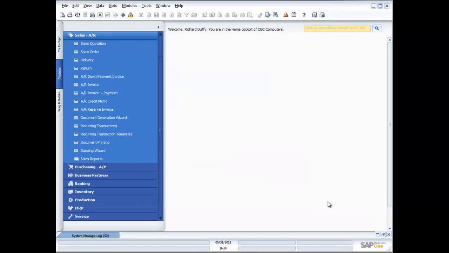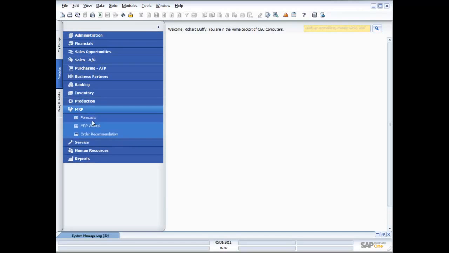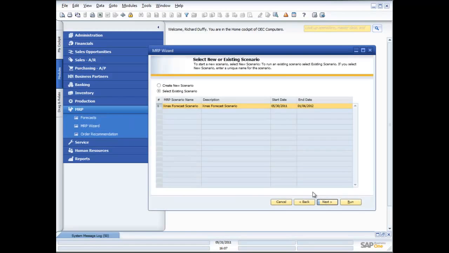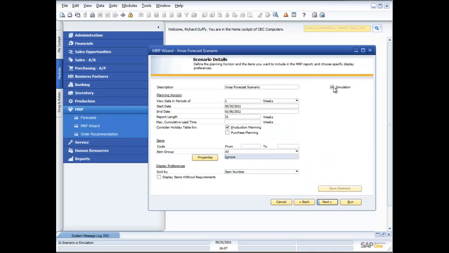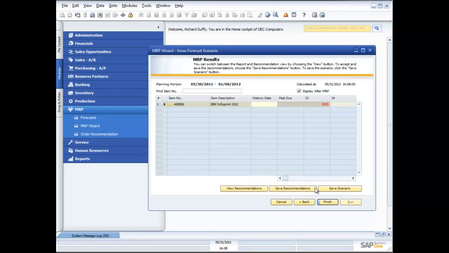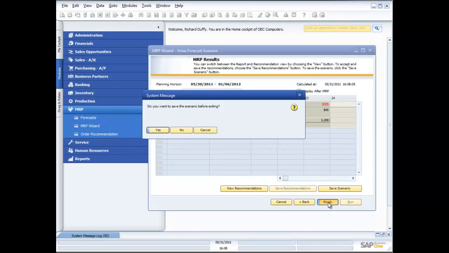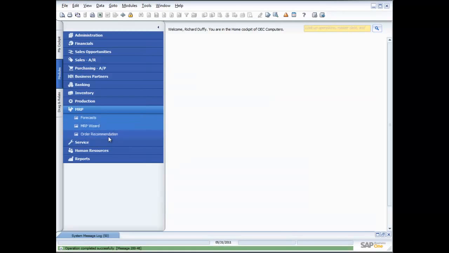Now I can finish, and the beauty of the way that our wizards work with creating those scenarios is that I'm able to quickly and easily go back and call up that scenario, and this time I untick the simulation, I run it exactly the same way, I now get a result, I view my recommendations, I can now save my recommendations, and when I finish, I can now take that order recommendation,